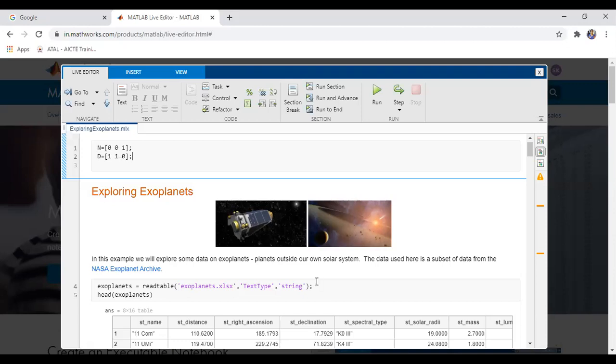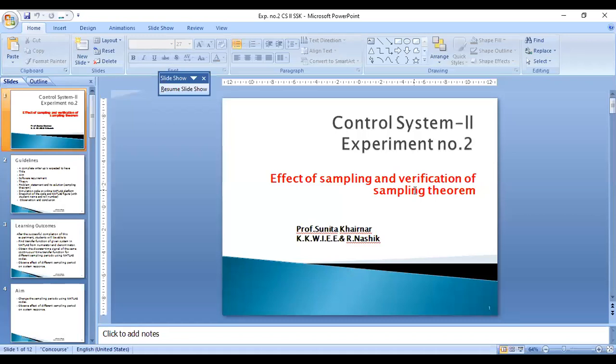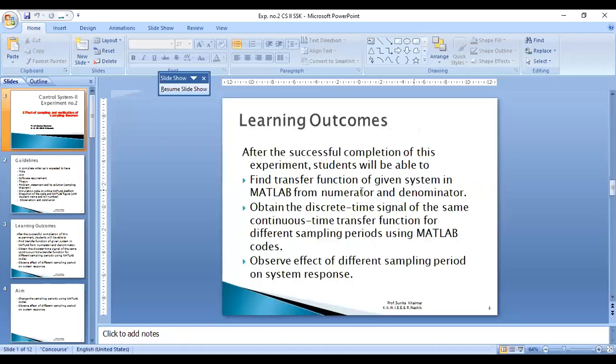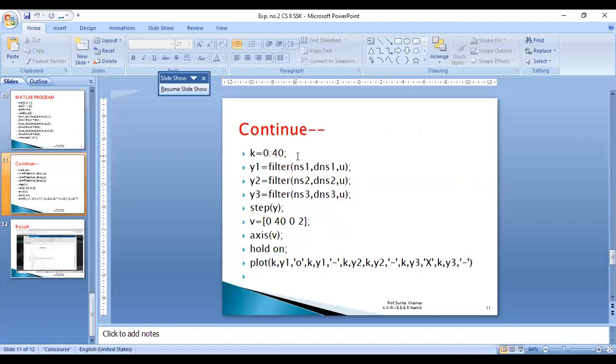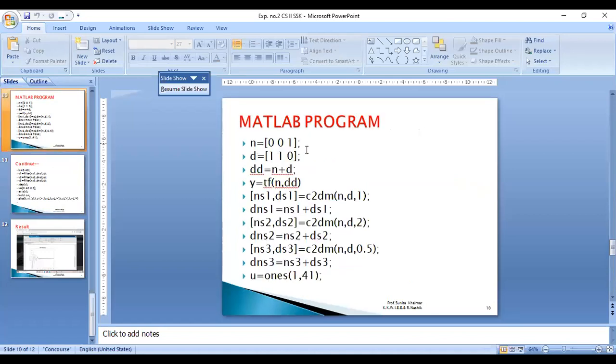After that, we have to run that MATLAB program. So what is that MATLAB program? The MATLAB program will be given this way. First we enter the numerator, n equal to 0 0 1, d equal to 1 1 0, then dd equal to numerator plus denominator.